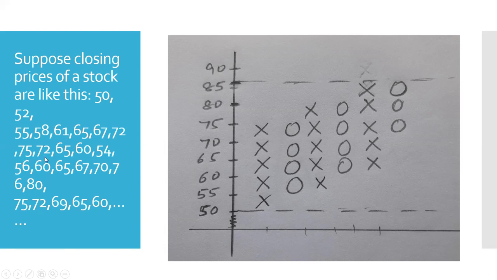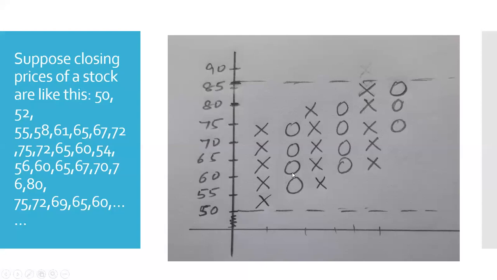After that, the price has declined to 72. Ignore this. When it goes to 65, that means from 75, a 10 rupee change is there. You will put two O's to depict this 10 rupee change, right? So a 3 rupee change is to be ignored. But when the change is rupees 5 or more than rupees 5, then it is to be shown. See, we are not combining X and O's in one single column. Whenever there is a change in direction of price, we shift to another column, right?